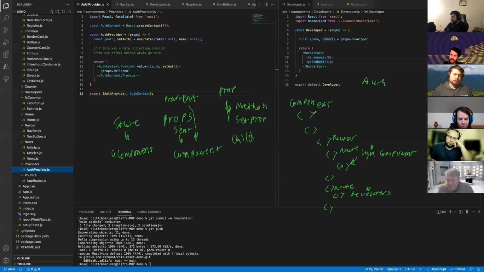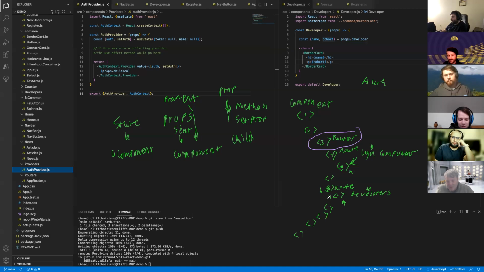Which component here? I do 1, 2, 3, 4, 5, 6, 7. Which one of these components would be the highest level that would have to have the auth information, so I can make sure that both this component and this component can have it? I can send it to both of those. I would go with 5. Thanks, Jeff. Number 3 probably would be the highest level that could have it,